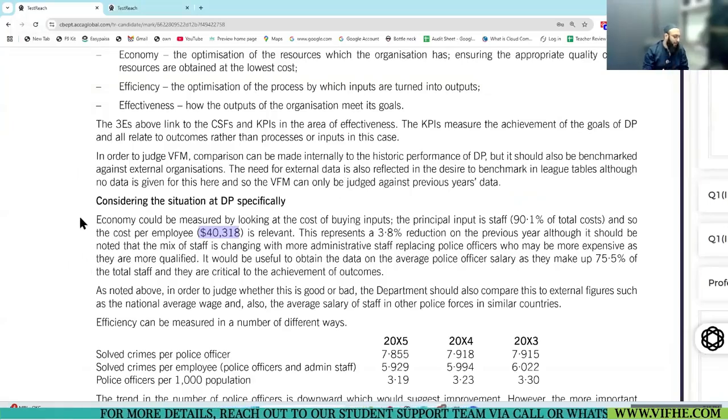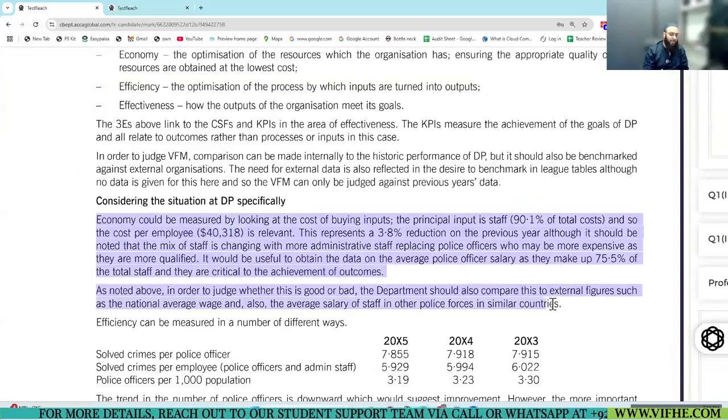These are what is written in an official ACCA answer, that you have to compare with the external companies or police services or the national industry benchmark, blah, blah, blah, blah. Okay. For a proper analysis, because you cannot simply judge on your own internal data. For a complete VFM exercise, you have to compare with the industry averages and all. Okay.